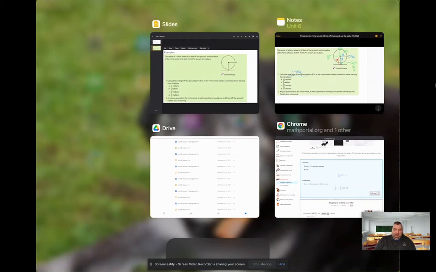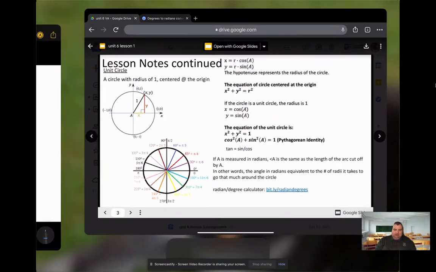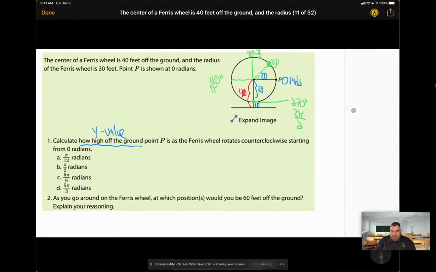Well, if we go back to our lesson notes, our y value is the radius times the sine of the angle. So if I do the radius times the sine of the angle, that will give me the y value of this point. The problem is it will only give me the height